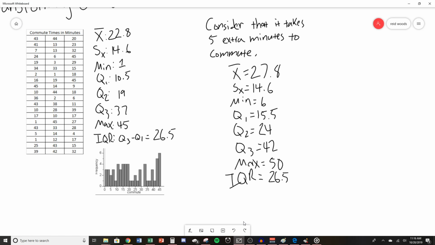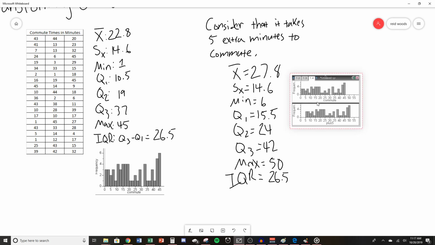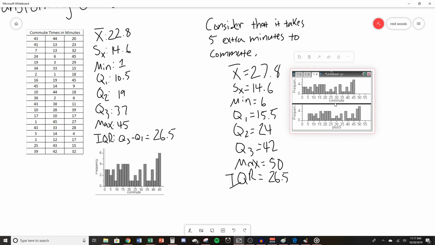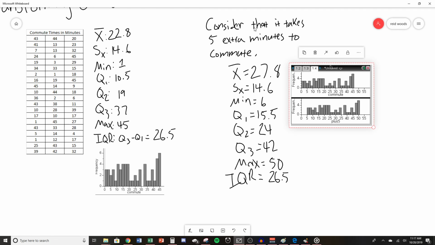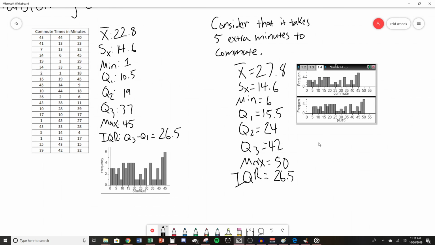So let's put that in here and go ahead and get our graph put in here. So now we have that, and we see that just from adding, only addition, so that's the operation here, addition, just changes everything except the measures of spread, and we see that on the graph. So I'm going to write down a rule: adding, subtracting, because this would also work if we subtracted 5 minutes, a value from a distribution